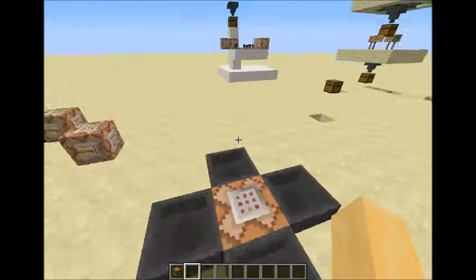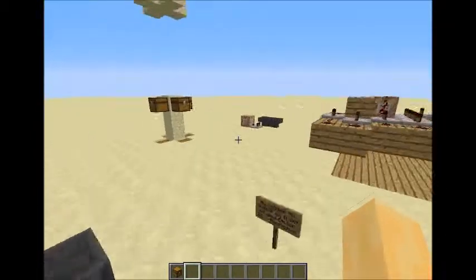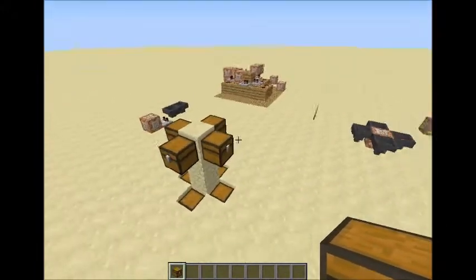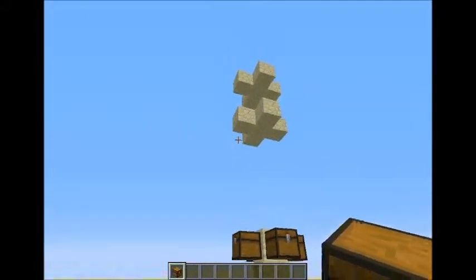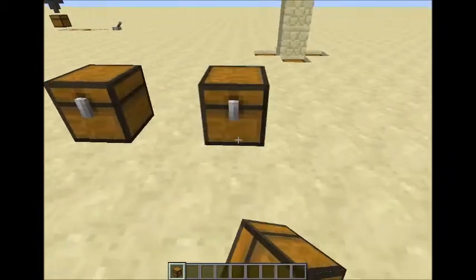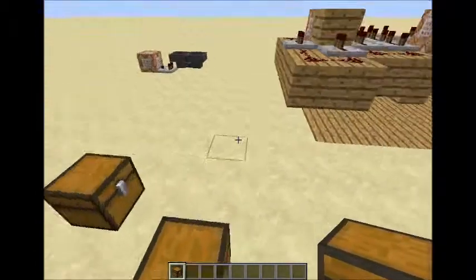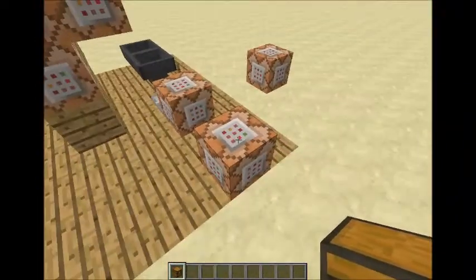If you don't understand, then you can just use the default coordinates, and if you do use the default coordinates, you can exactly copy what I'm doing. So it's very easy. All you do here is come here and you place your chests. I'm just gonna have some chests here just like that, and now you want to grab the command block, which